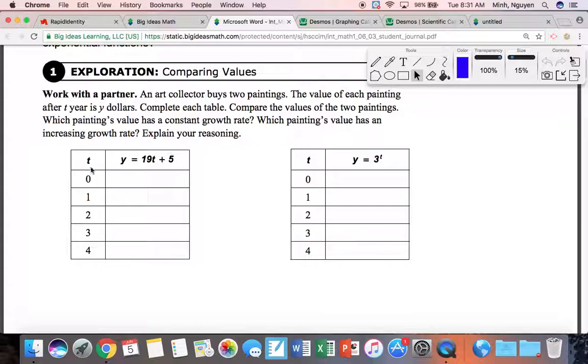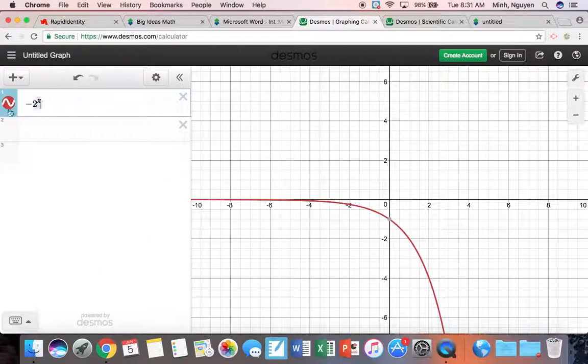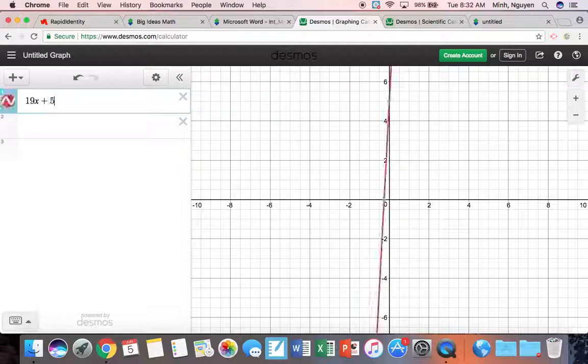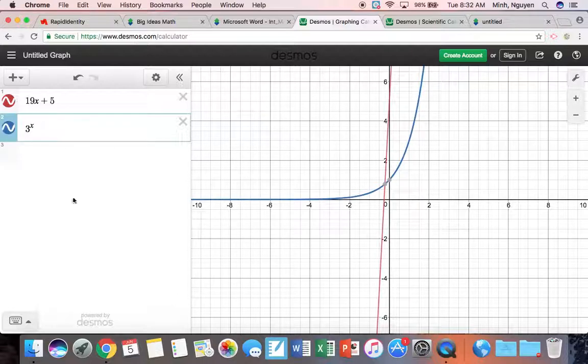but whatever. Let's just look at these two, 19x plus 5. So there you go, a straight line. 3 to the x, and a curved line that, there's definitely an area where it's pretty flat, but once it starts jumping, it jumps pretty quickly, exponentially, so to speak. Whether the jumps are going upwards or downwards, you guys just see that there's a very obvious difference in